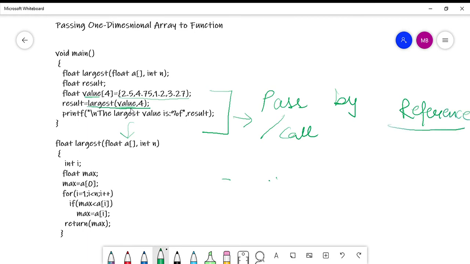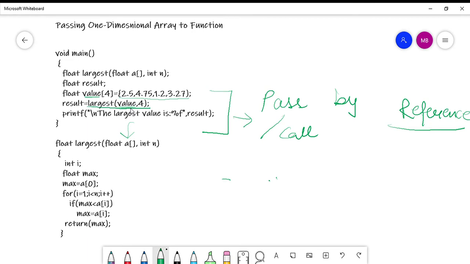As in the case of normal variables, you have seen that you can do both call by reference or call by value, but in the case of arrays there are a lot of values, so you cannot pass a single value. You have to pass the entire address of the array so that all the elements are passed to the called function. Therefore call by value is not possible in the case of arrays.